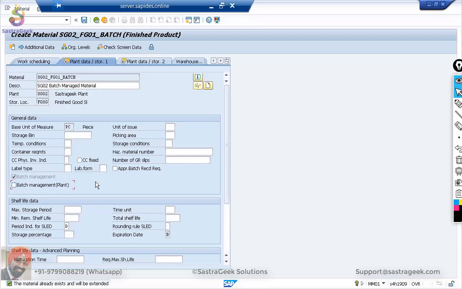Although at the client level data of this material is batch managed, and the level of this material is also material level batch managed. So if one plant is batch managed and another plant is not, when you transfer from the batch managed material, it will transfer to the other plant as a non-batch managed stock. Okay, so here also the batch management is ticked. If you go ahead without batch management here, if I just change it here,